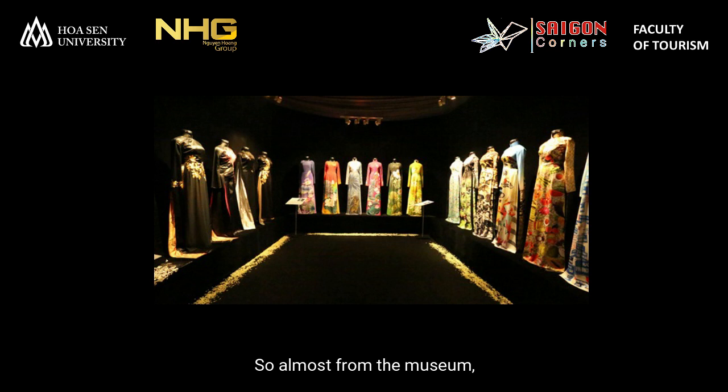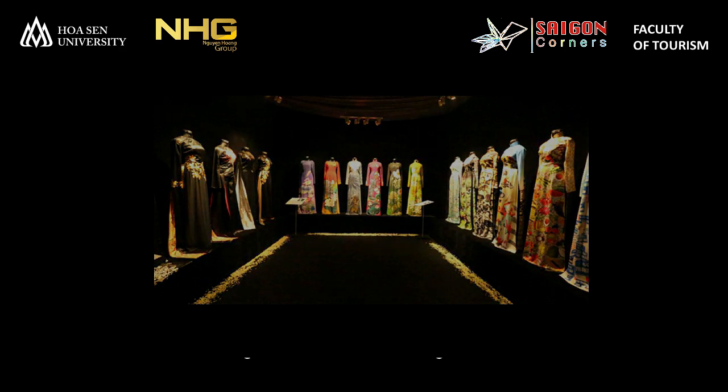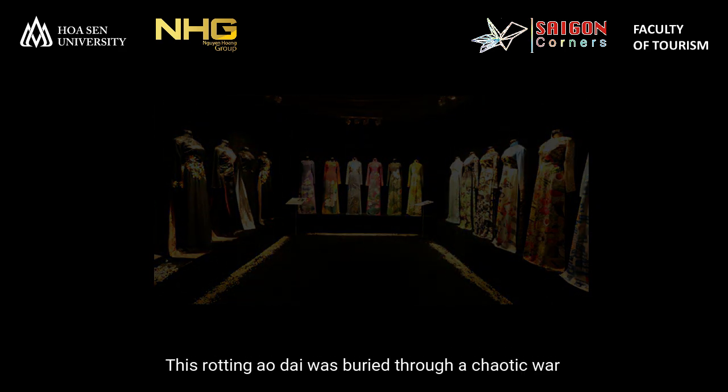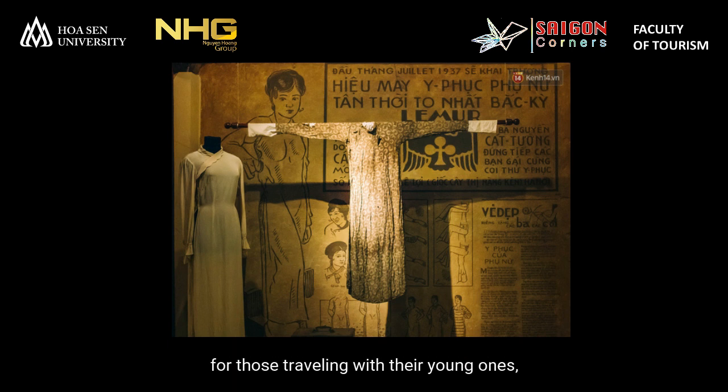So, almost from the museum, we can feel that each sample has a meaningful backstory to it, and one of the special artifacts is the lemur Ao Dai. This rotting Ao Dai was buried through a chaotic war, which has been the memento of love of the couple married since 1940. Last but not least, for those traveling with their young ones, the Ao Dai Museum also offers you